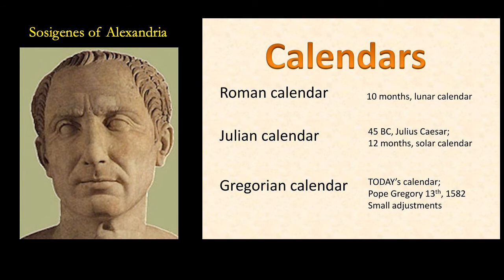We get our calendar from this. It's by a Greek by the name of Sosigenes, and she got this. So we started the solar calendar when Julius Caesar adopted it from the Egyptians and put it into place with the Romans, the 12-month, 360-day calendar. It's now called the Gregorian calendar because there was just one little change made in the 16th century. But in any case, Cleopatra goes back to Rome with Caesar.